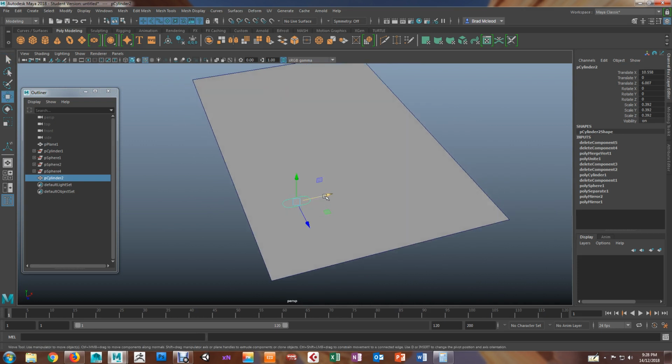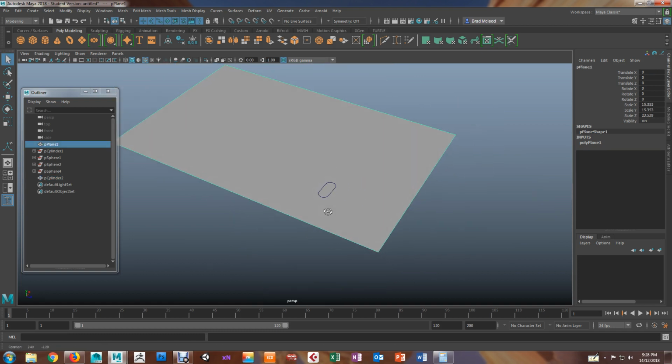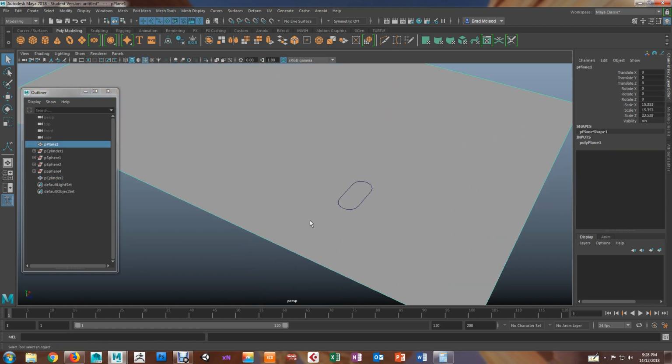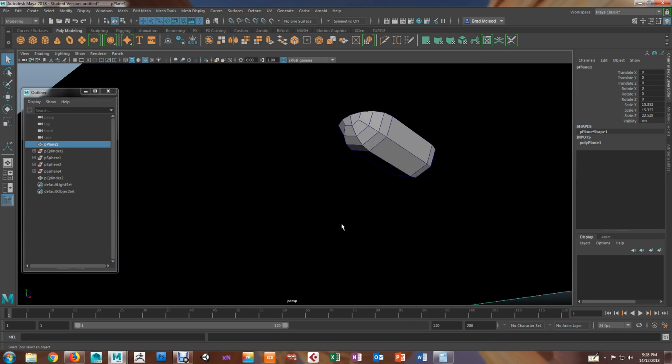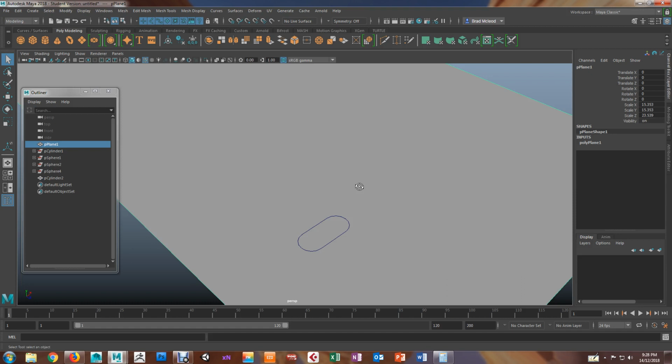Let's say it's about that big. So if I know it's going to go about here, what I can do is start dividing this and accommodating for the geometry of this guy. All right, so,